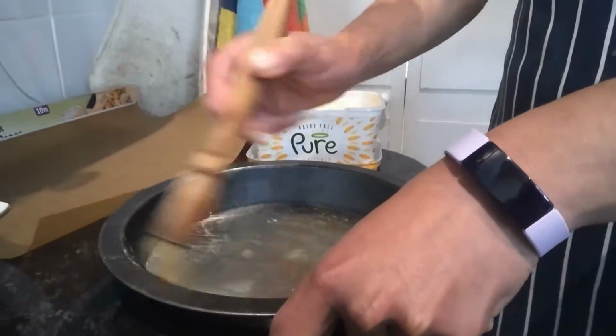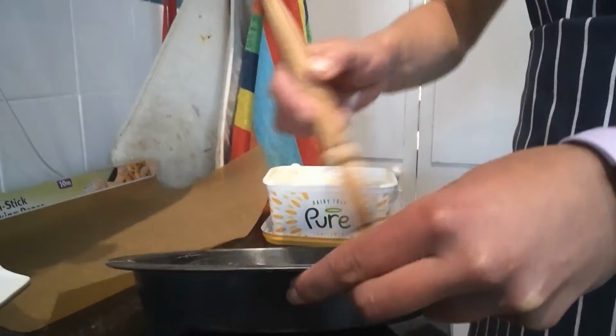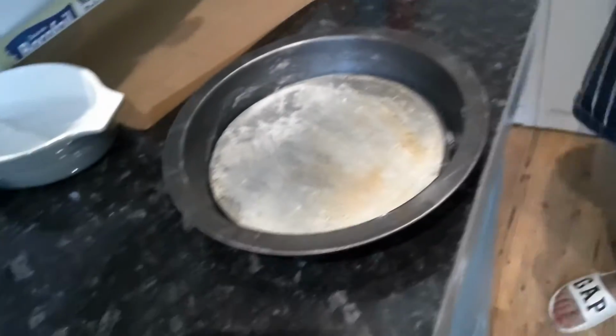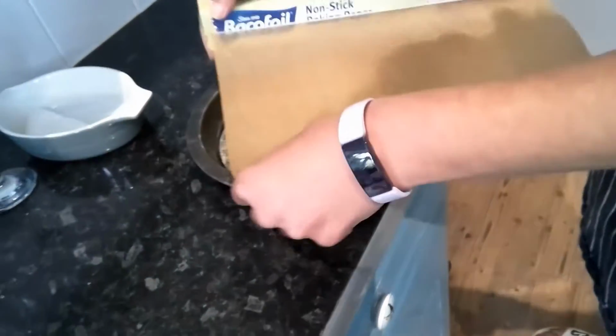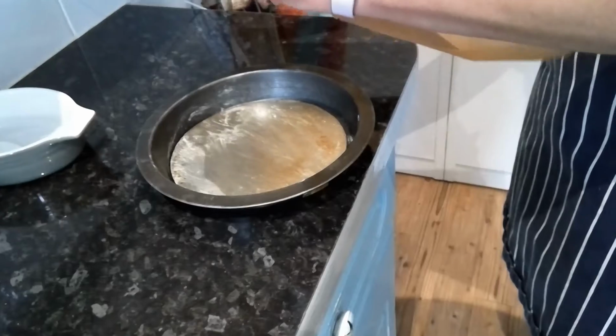Put a little bit of margarine all around the bottom and all around the side bit there, just so the paper grips to it. And then put it over. Don't need that anymore. And then the first thing I want to do is make a circle. So I just kind of line it up and decide on the width of the container